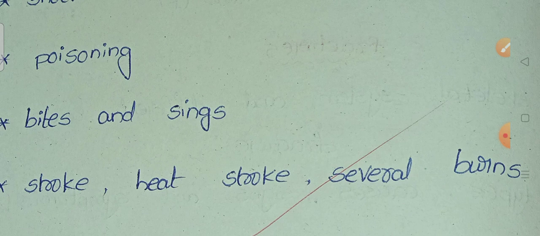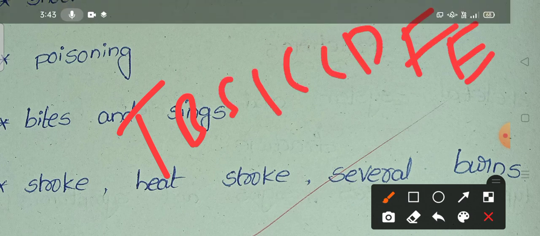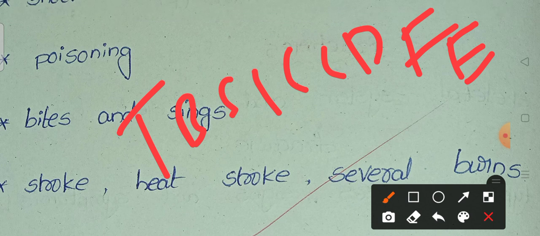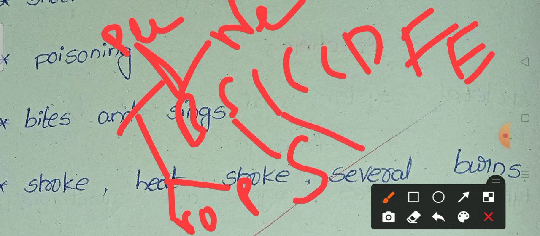Once again, T, B, S, I, C, D, F, E. It's clear, there will be nine units in primary healthcare nursing for the first years. T is the hospital, with two partitions: concept of hospital and preparation of the patient. Next, B has two partitions: body personal hygiene, and needs for optimal functioning of the body organs. S is for specimen collection. I is also divided into two partitions: disinfection and sterilization, and biomedical waste management.